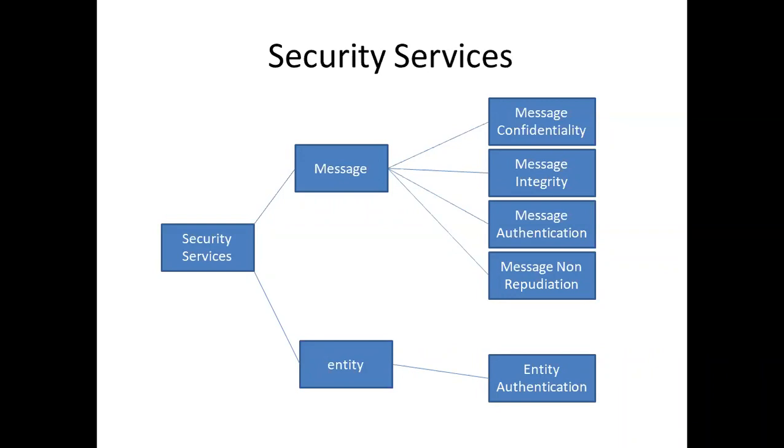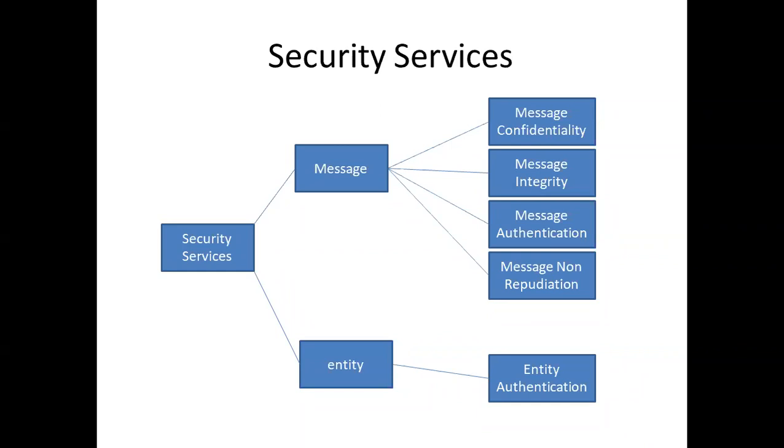Okay. Then message non-repudiation. Non-repudiation means once the message has been sent, the sender should not be able to deny that he has sent that message. Means suppose from a particular email account you have received a particular email. Now, tomorrow you may say, I got this malicious email from one particular email account. That person may say, I have never sent that email. So we should have mechanisms where we are able to prove that a particular person only has sent that particular email or that particular message. Means the sender should not be able to deny. Tomorrow he can't say, I never sent the message.